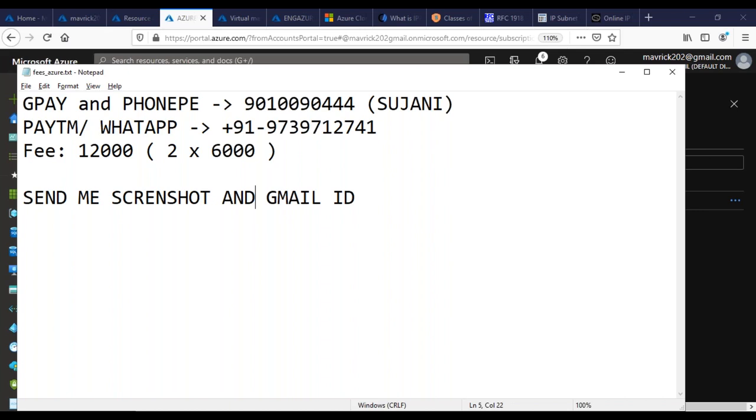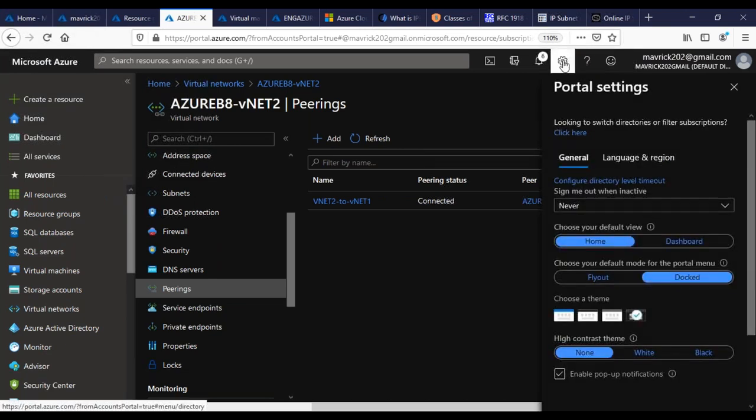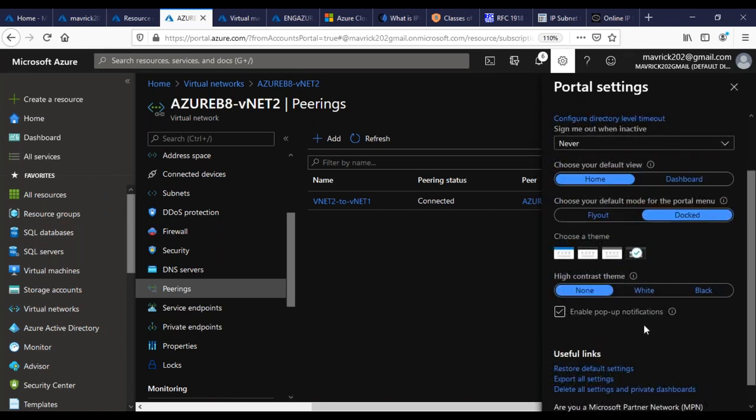Questions, guys? Where can we change the theme here? I think it is here. If you see, right now it is selected something like this, so you can go to white, and it will go something like this. Yes, you can change it here. Under this wheel, you have it.